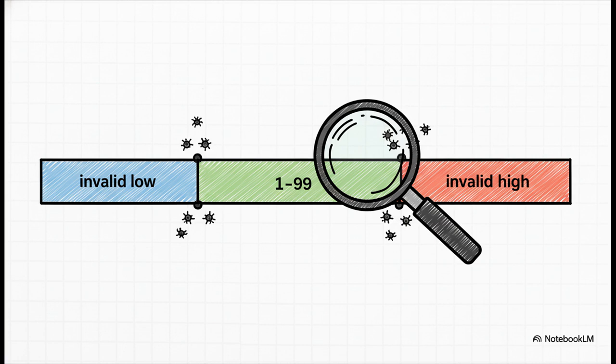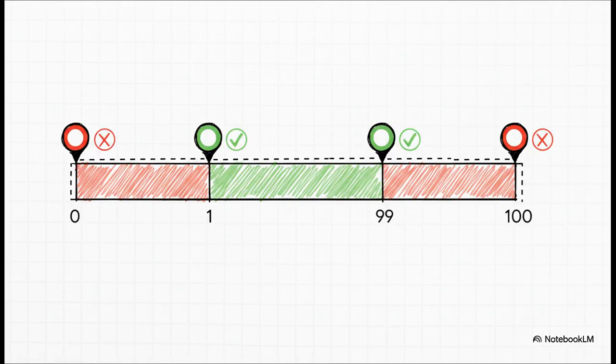This is where logic can get really tricky, and you get those classic off-by-1 errors. So naturally, we have a technique just for that. And this is called boundary value analysis. It's a game changer. We specifically test the values right on the edge and just next to the edge of